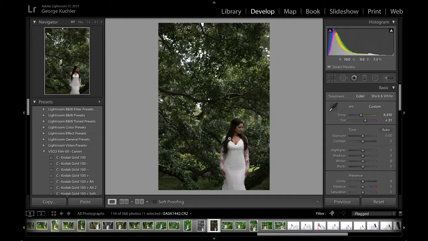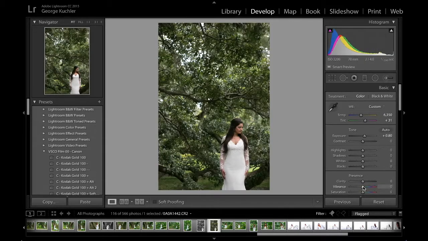Okay? So now that we found white in the image, colors are gonna be more correct. So everything else is just going to be a little exposure. Let me bring my vibrance up a little bit. Let me bring my saturation up a little bit to the point to where, see how she goes orange? And then let's come down. Usually I'm in the plus 15 mark, depending on what I'm trying to go for. I'm done. That's all I would really do for this image. This is beautiful. But look at the difference of that